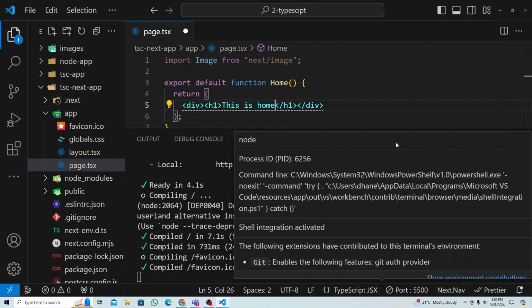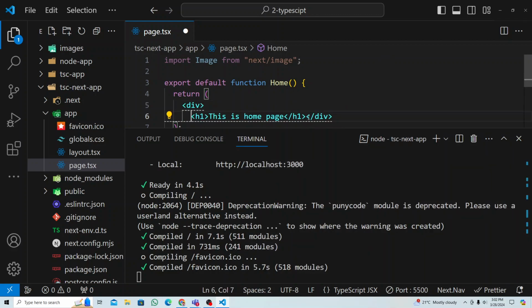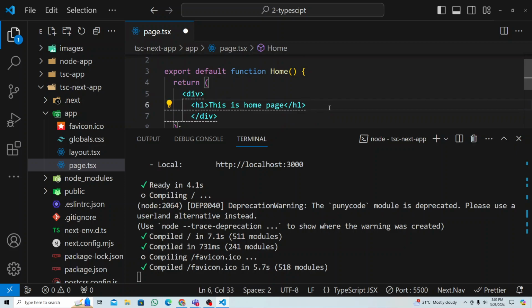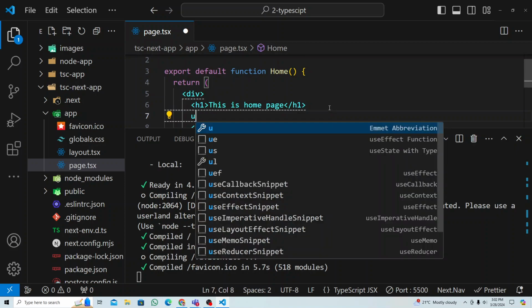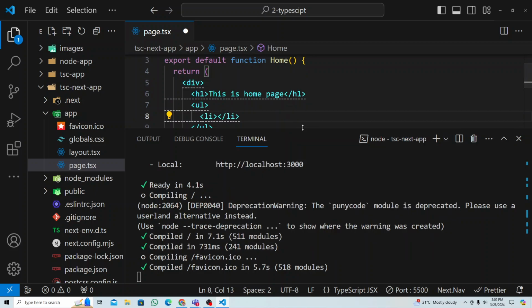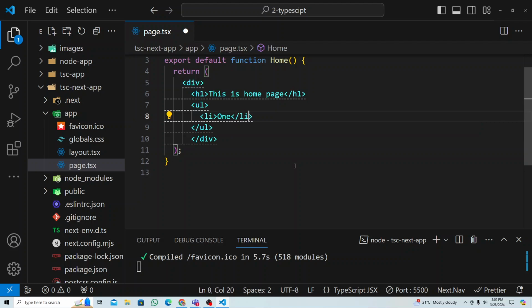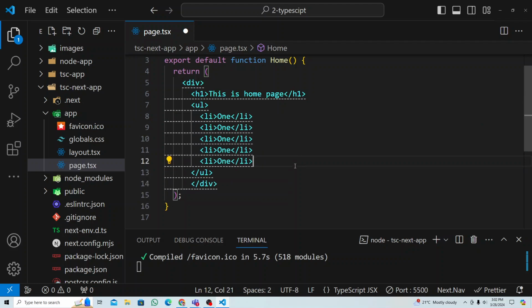This is home page, like normal HTML, just now you're writing normal HTML. Just bring your mind right back to your normal HTML thing. So if I have a UL, I can put a list of items here, right, many items here. I can call it 1